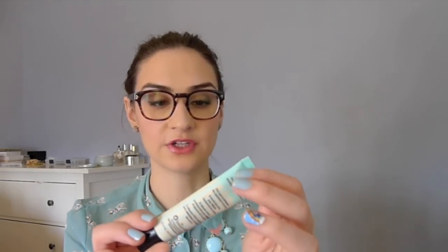So yeah, okay. First, there's a primer that I've been using, and that is the Benefit Professional Primer. So this is called the Pro Balm to minimize the appearance of pores. This is basically like a silicone primer that will make everything in your face look a little bit more even so that your foundation goes on more smoothly. And I don't usually like silicone primers. Like, I really dislike the Smashbox one, and I always find that it becomes crumbly on my face. It's really weird. It does not react well with my face, and so I usually steer clear of those and only really look for really moisturizing primers, like